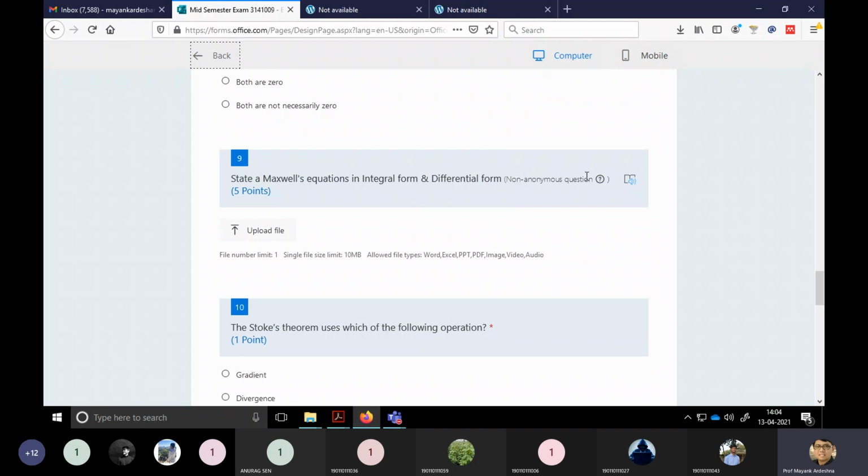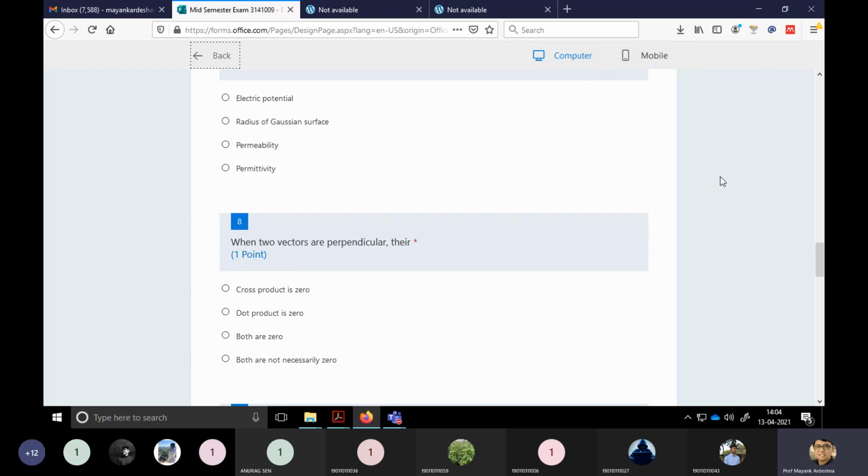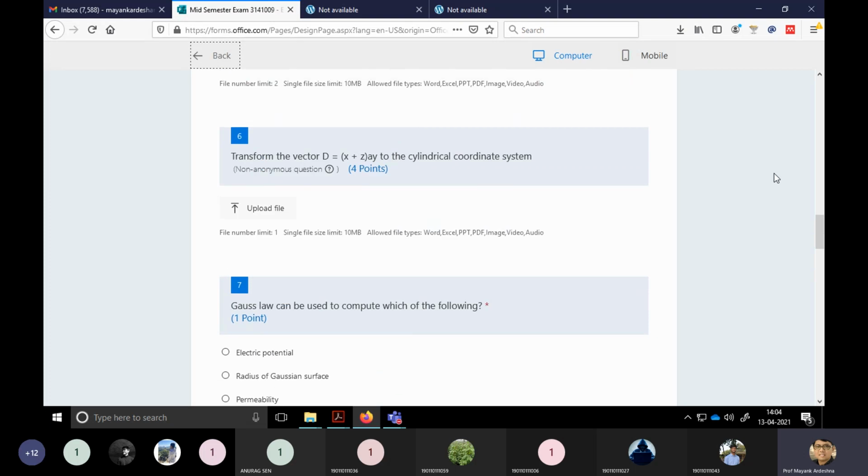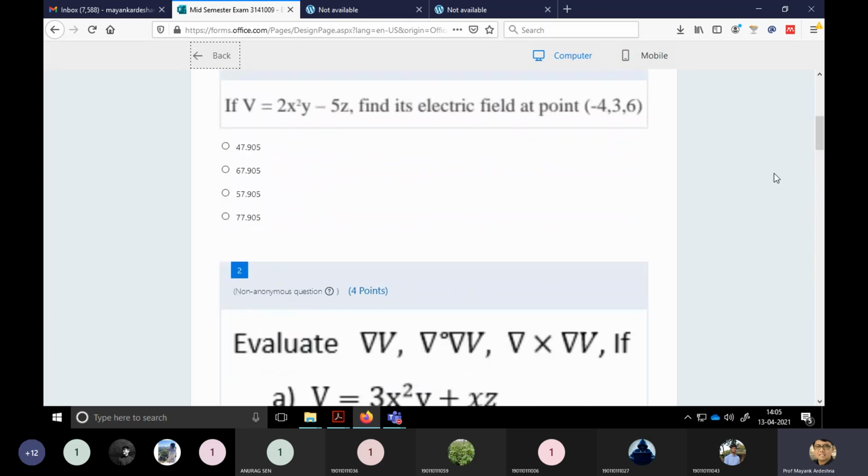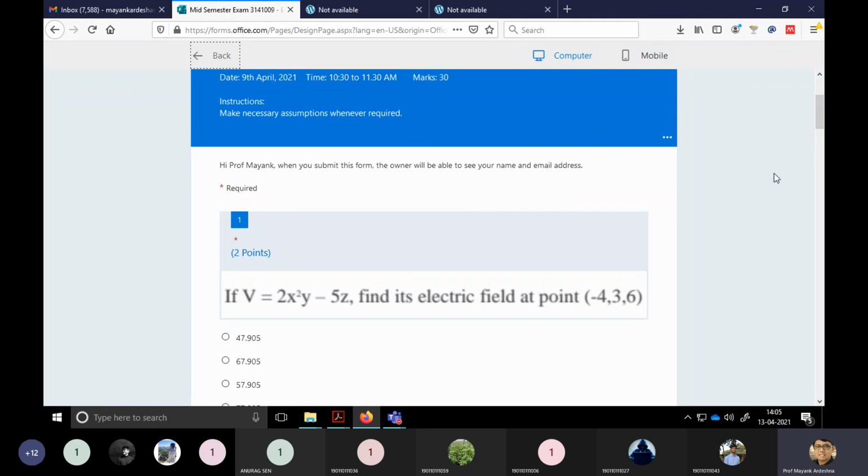It is a request to all the students: verify the marks you got from the Microsoft Form. I already uploaded an image where the final marks are mentioned, so you just verify it. If there is any mismatch, tell me. Those who have less than 12 marks have to write this mid semester paper and submit it within one week. It is compulsory.